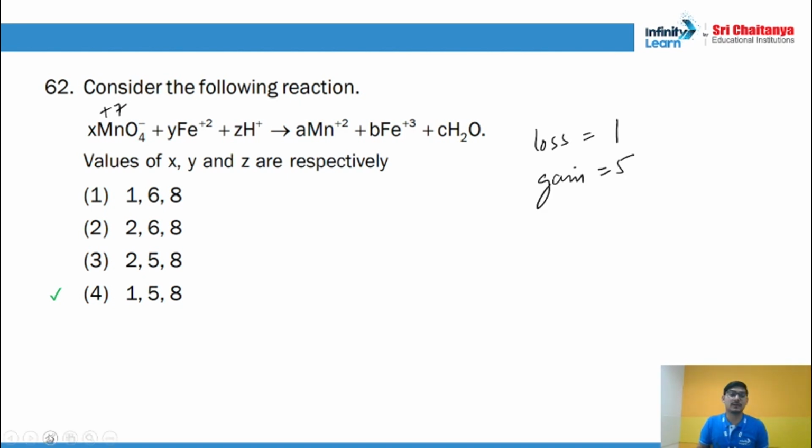Now in any chemical equation, electrons are always conserved. So let us multiply this by 5. Is that clear? So the loss is 5, the value of y is 5. That is okay. The option 1 and 2 are ruled out. And after that, x is 1, right? X is 1 because we don't have to multiply it by any number. So x is 1. So that gives us the correct answer.